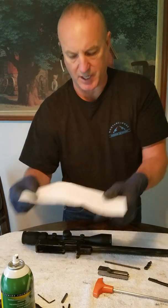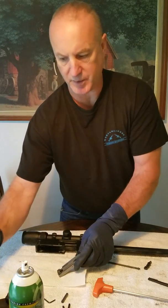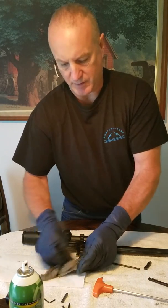I like taking a paper towel, laying it down, and then you could spray your bolt group. Just hit it with a little bit of oil. I already did this once, but